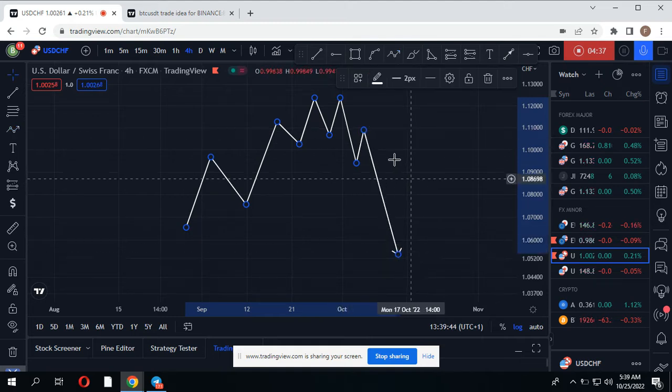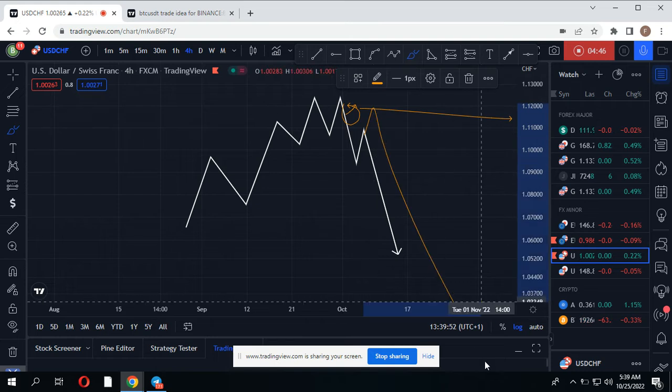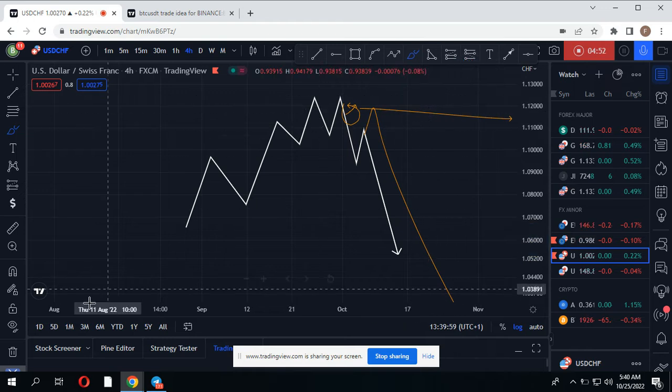So it gets back up to that point, there's a change of character, finally it goes down. And there are times that it gets up to an order block. If you can spot an order block here or a psychological level here, that gets up to this point before finally it goes down. So that is how we trade it. Now,